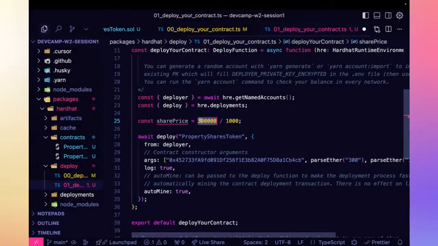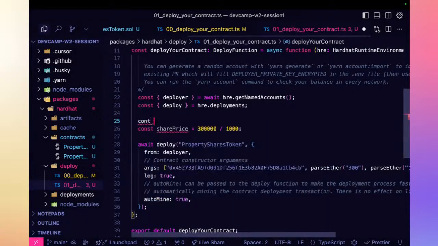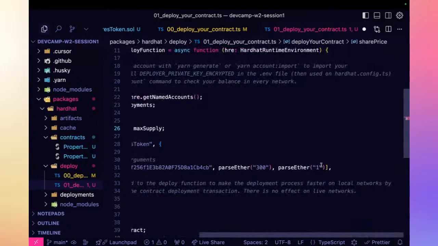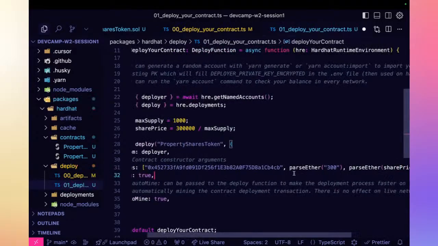And here's the only thing that would need to be changed, is this price. Let's just const max supply. So that way we can enter share price to string. Okay, perfect.